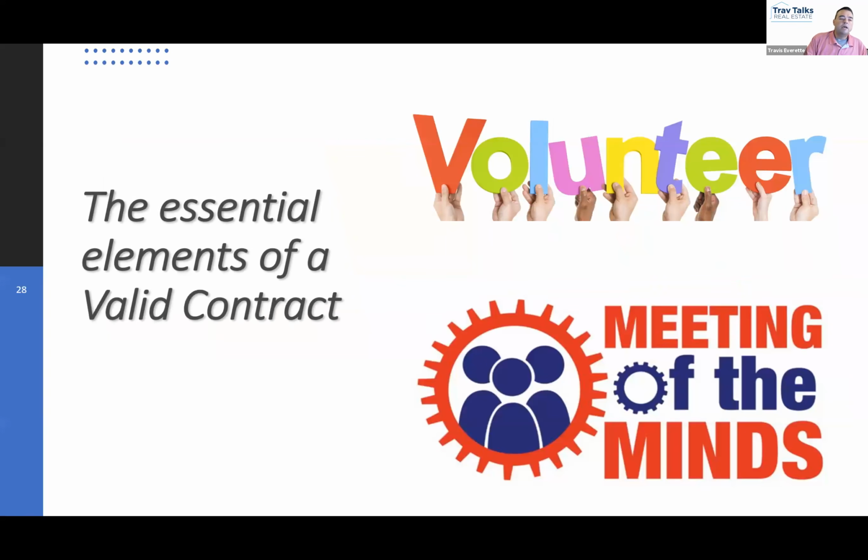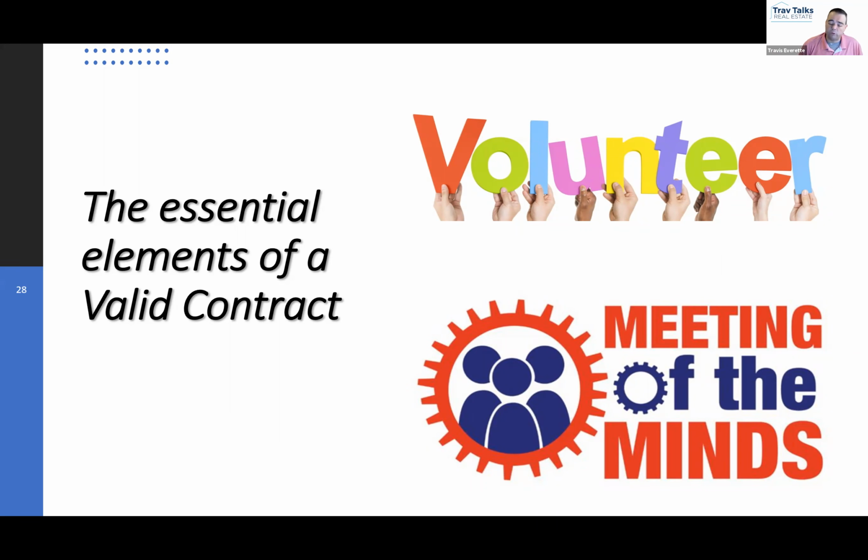It's especially hard because your mind is not used to thinking about contracts in that frame. In order for a contract to be considered valid, now remember, valid has a very specific definition. Valid means binding on all parties, right? In order for a contract to be considered valid, there are some what we call essential elements. That's a fancy way of saying if you don't have these things, it ain't a valid contract. If any of these things are missing, you don't have a valid contract. You might have a voidable contract, you might have an unenforceable contract, you might even have a void contract, but if you're missing any of these things that we're about to talk about, your contract cannot possibly be valid, okay?